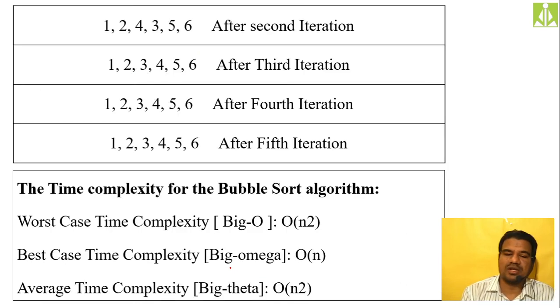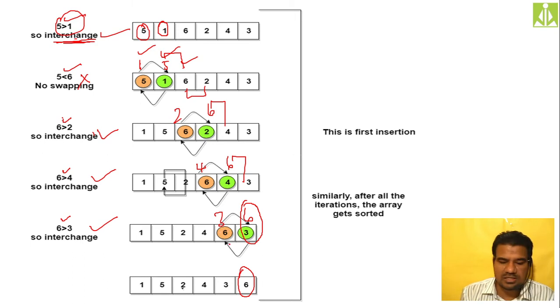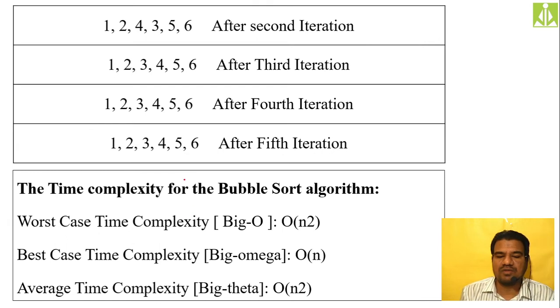If you go to the second iteration, 5 will be automatically bubbled, because as you can see over here, the next greatest element is 5. So after performing the second iteration, that 5 will be automatically bubbled to the second location. 6 is the first location, then the second location, likewise in the reverse order. Then we have 4, so that 4 will come over here. So after the third iteration, 3 elements got bubbled. After the fourth iteration, 3 will come over here. After the fifth iteration, 2. After the sixth iteration, 1.